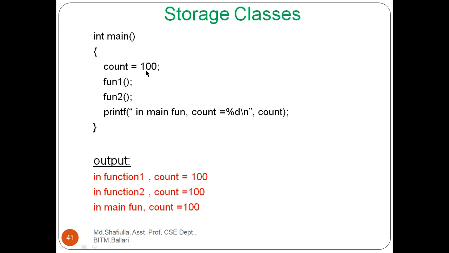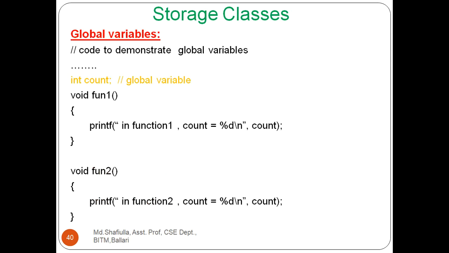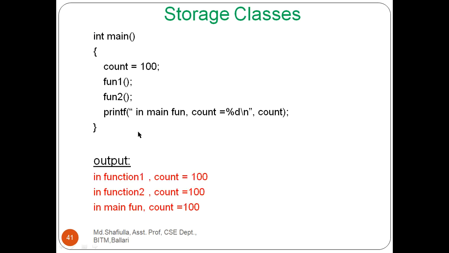Here we are doing the declaration of count. We are doing the initialization of count in the main function. But where have we declared it? In the global area, the global declaration section. That is the reason the count value is the same, and it is the same variable which is treated across all these functions. It is the same count variable. It will not change. Why? Because it is globally visible to all the functions in a program.